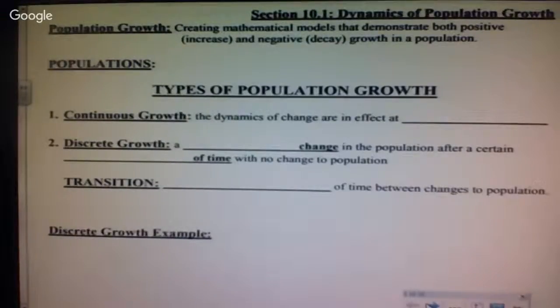All right, so we're going to look at population growth first. Creating mathematical models that demonstrate both positive, which means my population's increasing, or negative, my population is decreasing or decaying. Okay, we're dying off. So, populations can be human,